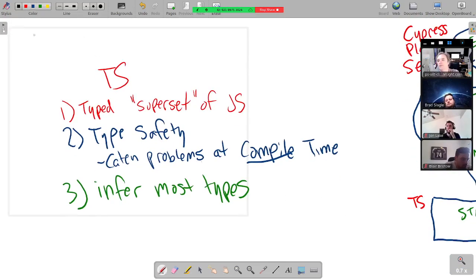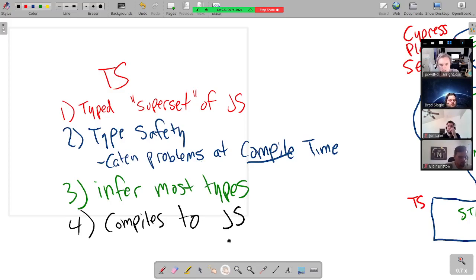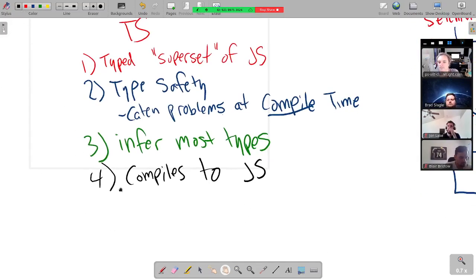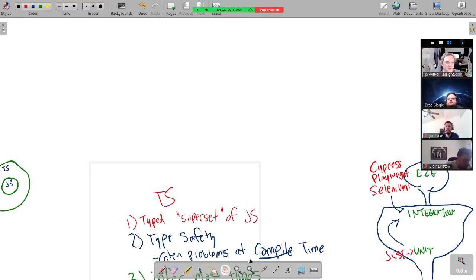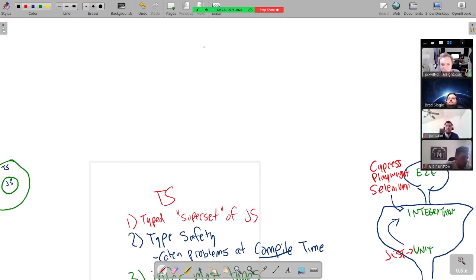One other thing you've got to know about TS is it compiles to JavaScript. One distinction you'll see people make a lot is that it doesn't actually compile, it transpiles. This is like an academic distinction. It's not super important to be great at differentiating between compilation and transpilation. But the gist is